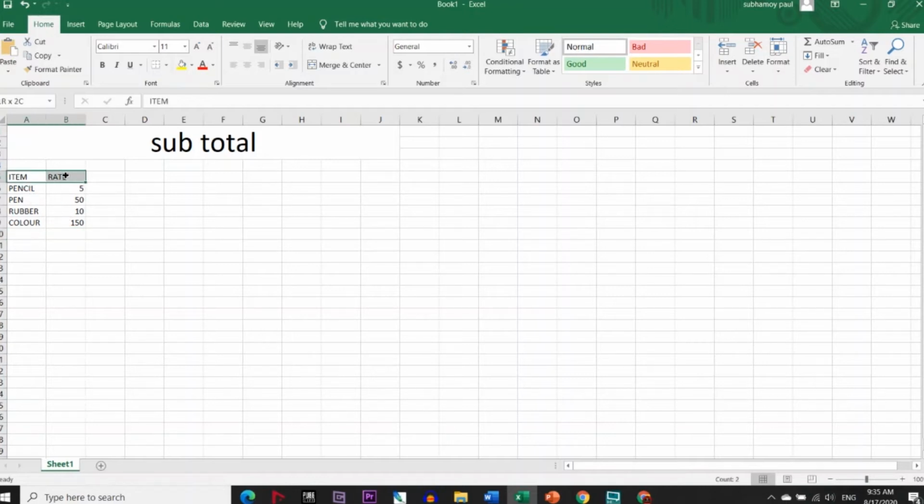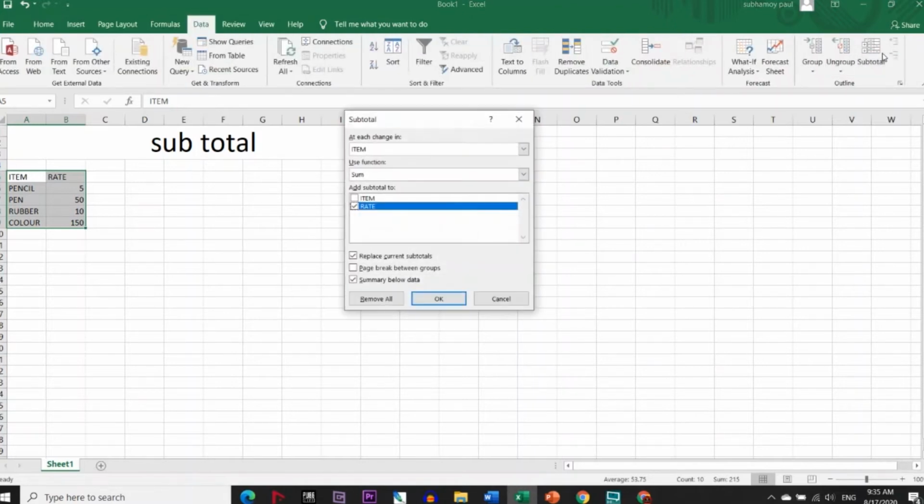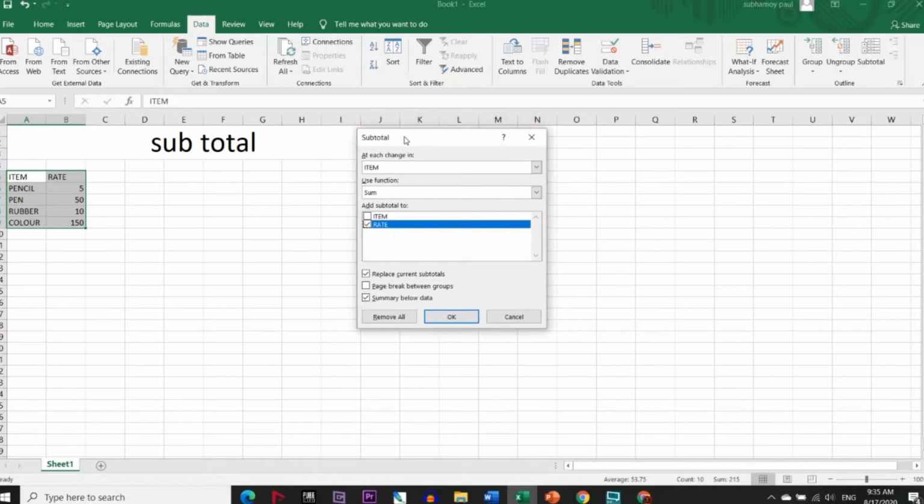How? If you select this, if you click on data, go to this subtotal. Now it will ask what do you want to select and what will be the function of it. Like if you want to make a count, average, minimum, maximum, or product. Now if you want to make a sum of rate,